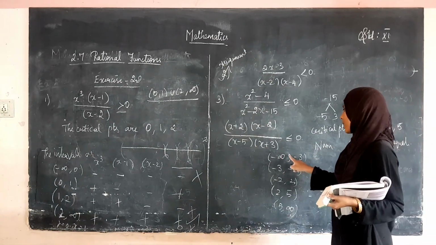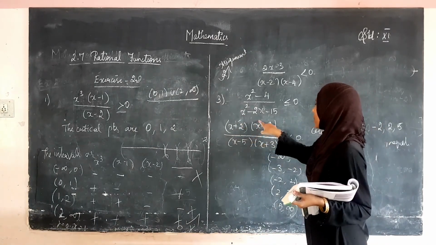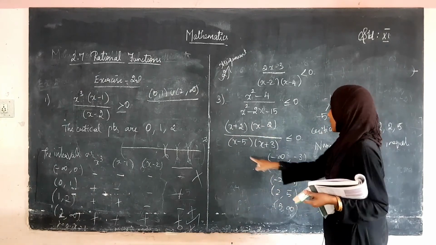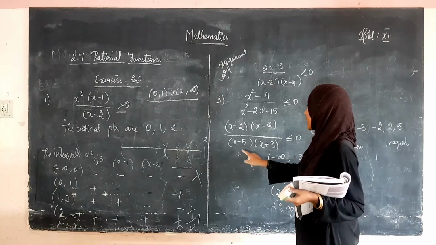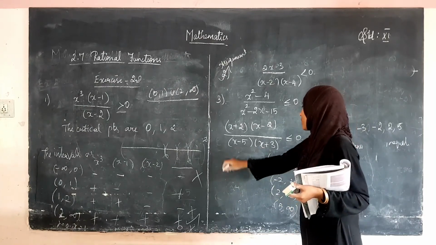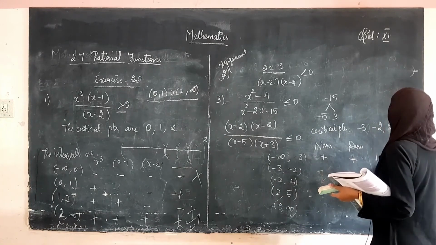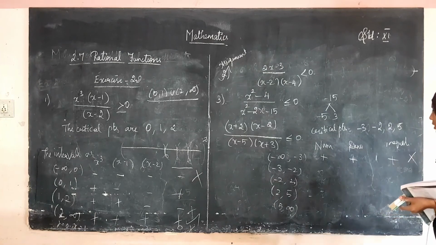So minus infinity to minus 3. Shall we take minus 4? See, if it is minus 4, here it is negative, minus here also negative, negative into negative becomes positive. And in the denominator, minus 4, here it becomes negative, minus 4, here also negative, minus into minus plus. So, plus into plus we get plus, but it should be less than or equal to 0, that is negative. So, this does not hold.